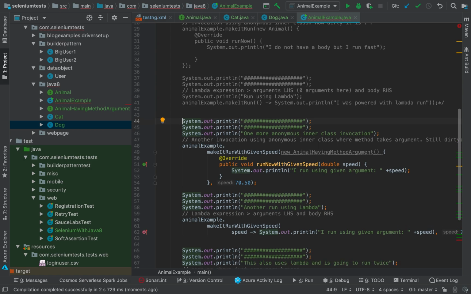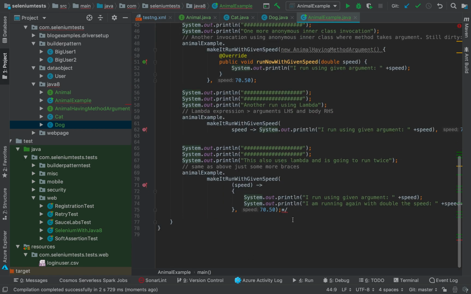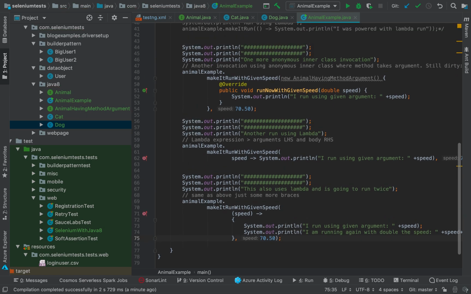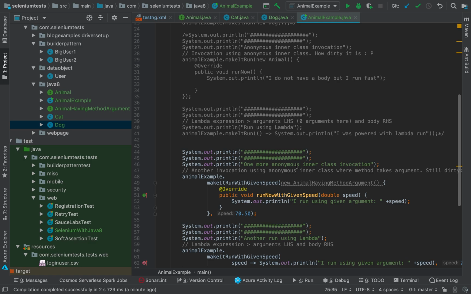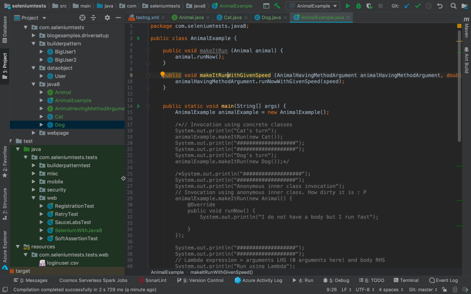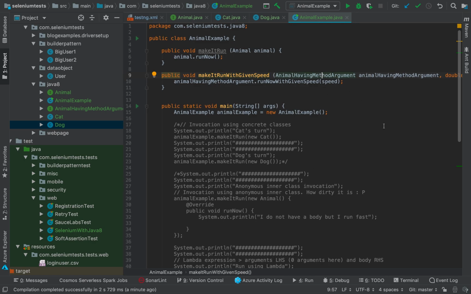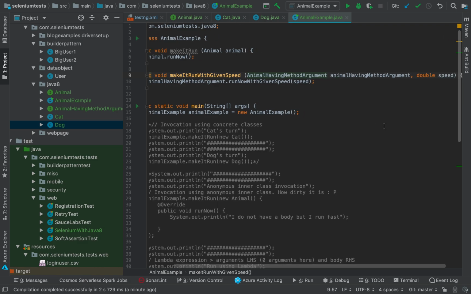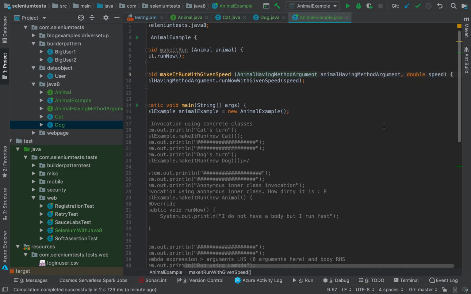statements now. I will remove the comment section here as well. So what I have done here is I have created another method called makeItRunWithGivenSpeed, which is also invoked on the AnimalExample class. So we have seen the makeItRun method. Now we will see another method, makeItRunWithGivenSpeed. But what makeItRunWithGivenSpeed does is it takes a different type of interface argument. It takes an Animal having method arguments, and it also